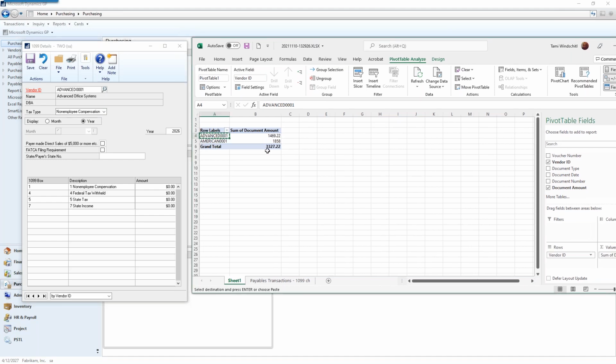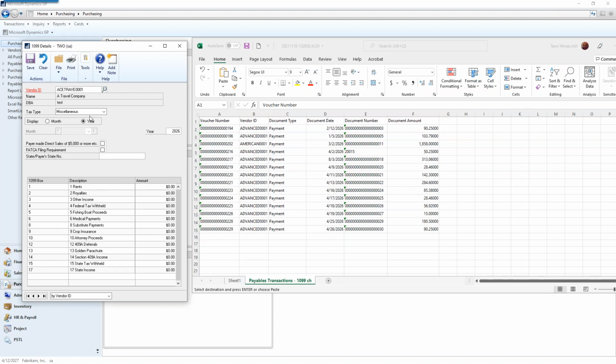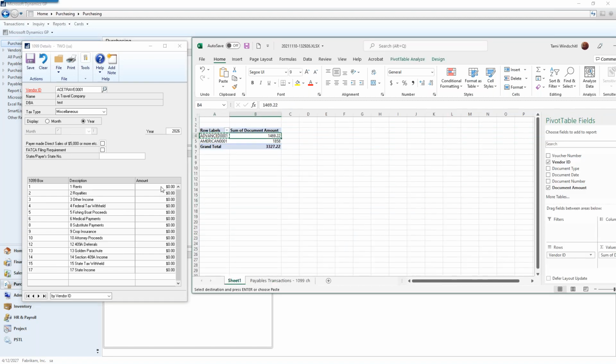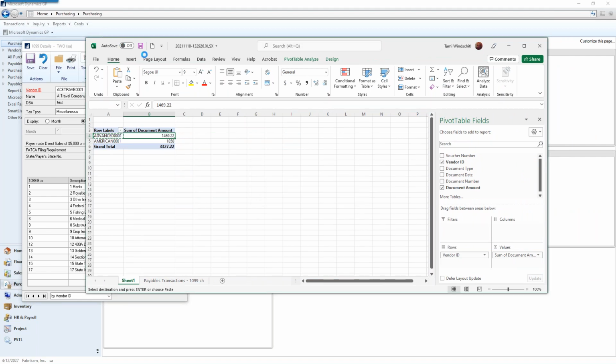But we could even add in that smart list what the 1099 type was for this, so we could see where it went. But this should show you all of your 1099 stuff by vendor for whichever year you select. And then you just verify that that's the dollar amount that you have. The other nice thing about this smart list,